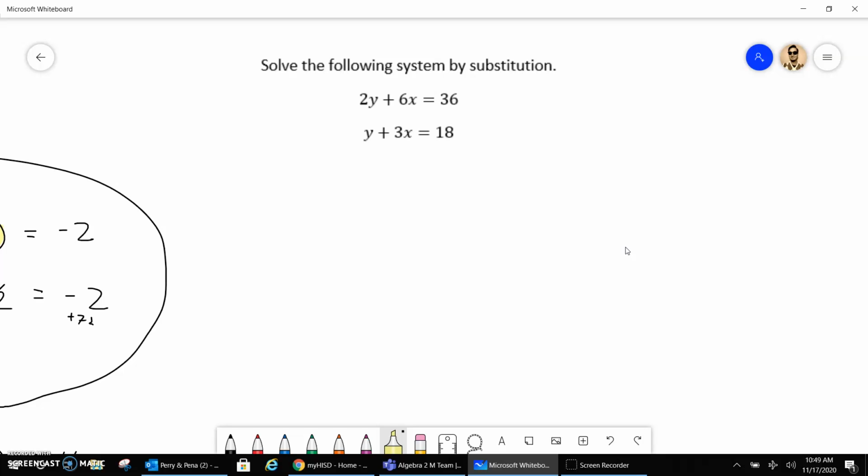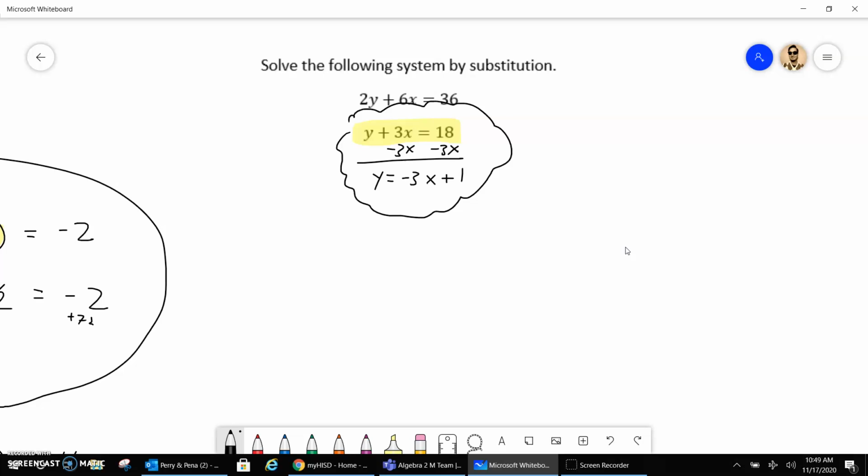I'm going to go ahead and say that this second equation appears to have the variable y isolated, and if we just move, let me just put it in the same bubble, just so we're using the same system. If we move that 3x over to the other side, we'll get a similar situation where y is equal to negative 3x plus 18. So this will be what I'm substituting in where I see y. So I'm going to rewrite that first equation, 2 times y, where y now is this expression with x in it, negative 3x plus 18,